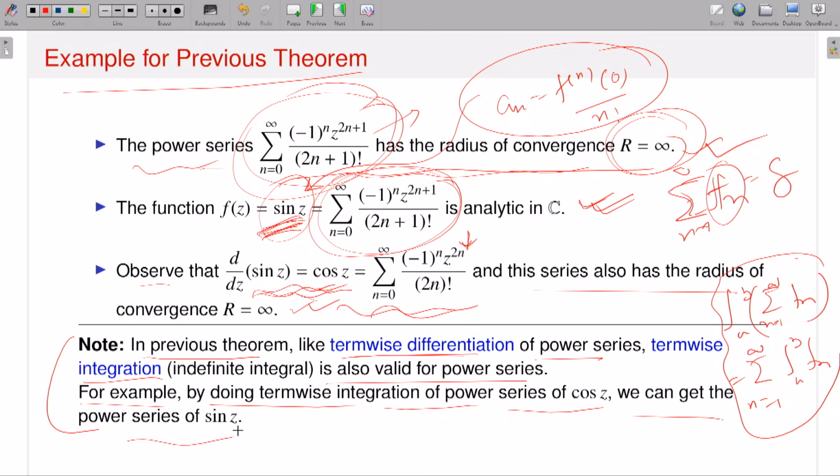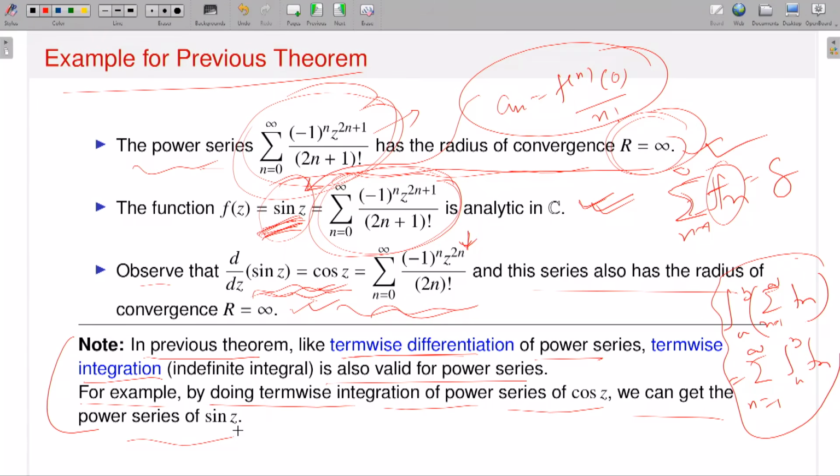Since term by term differentiation is possible by the earlier theorem, if I have a power series of sine around the point z equal to 0, then I have the power series of cosine. Now since term by term integration is also possible, if I have a power series of cosine, then I can get back the power series of sine functions. This is just a note. I have not discussed explicitly why term by term integration is possible, but it is possible. You can consult some books. But the derivative part I have discussed. Term by term differentiation is possible, yes.